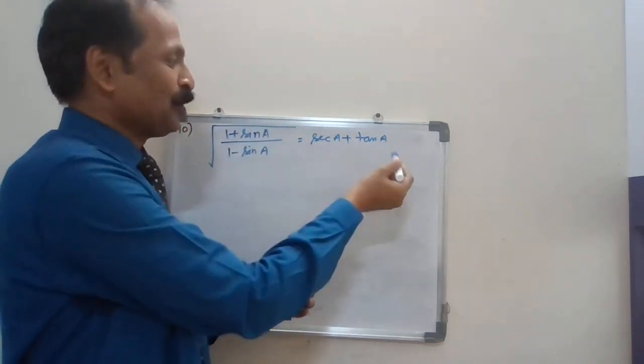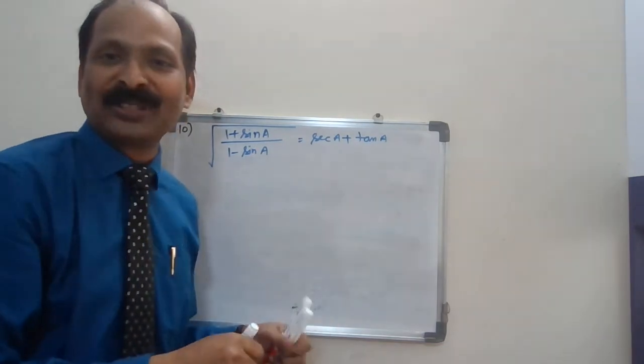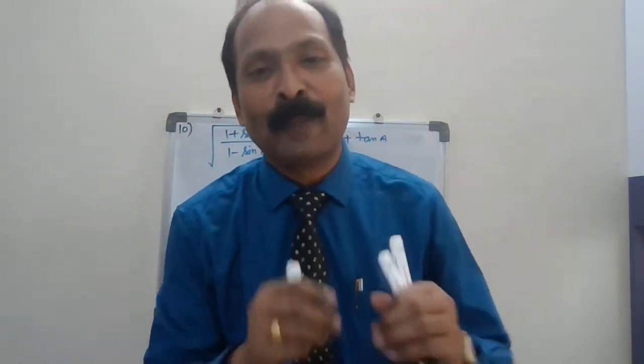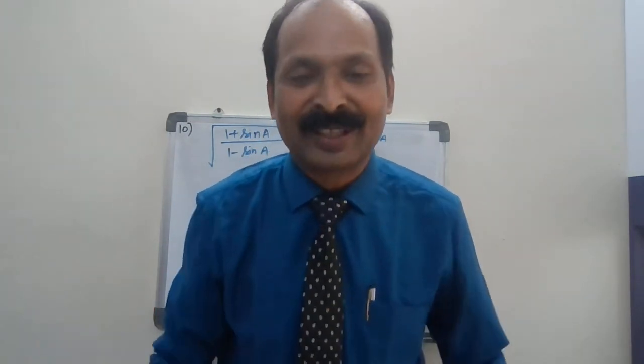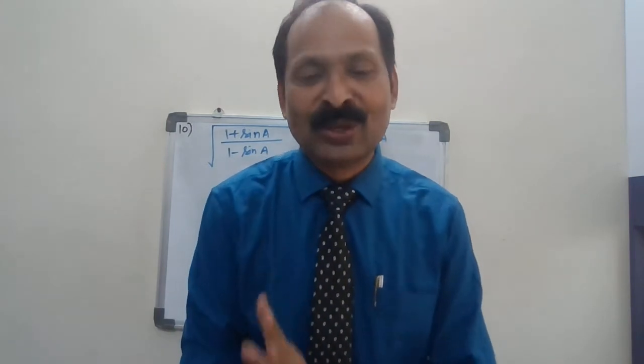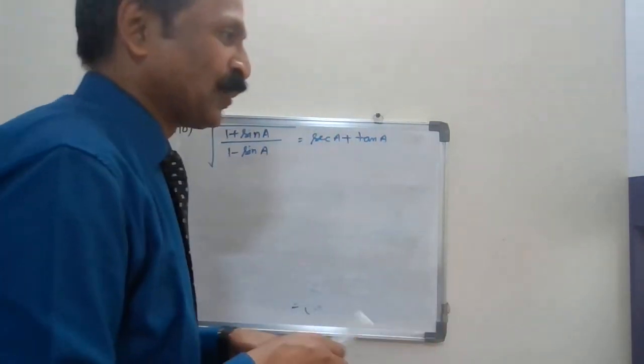Okay, the square root, if you send that side, it will become squaring both the sides, but you don't do that. Please don't touch both the sides. Don't multiply both sides by one thing or square both the sides. That you may do in higher studies, but in 10th grade you are not allowed to touch both the sides together. Okay, so let us do it quickly.